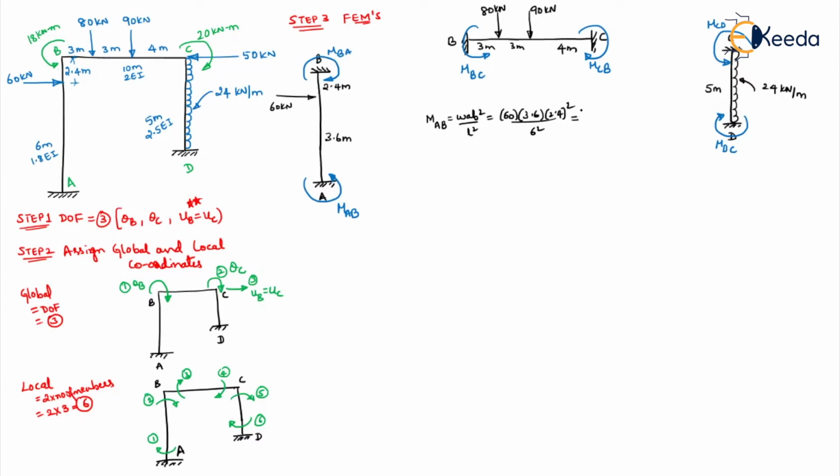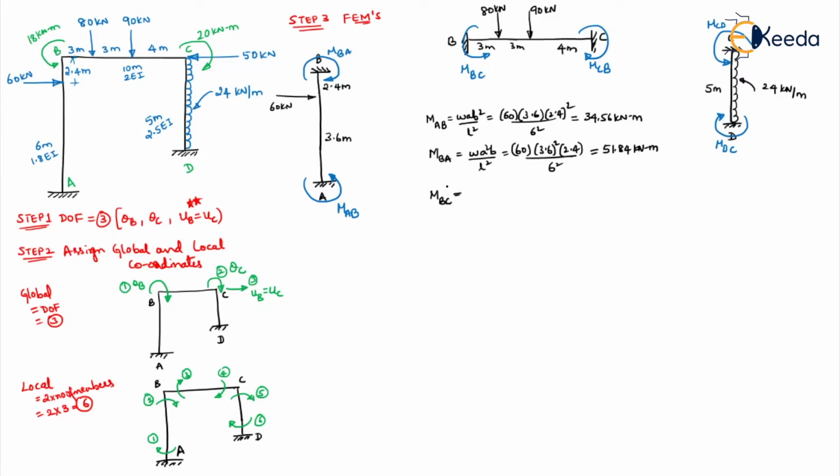So this will be equal to 34.56 kilonewton meter. Coming to your MBA, this will be WA square B by L square. So 60 into 3.6 whole square into 2.4 by 6 square. This will be 51.84 kilonewton meter. Then let's do for